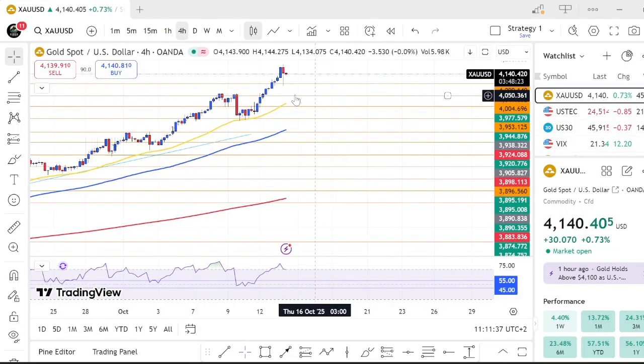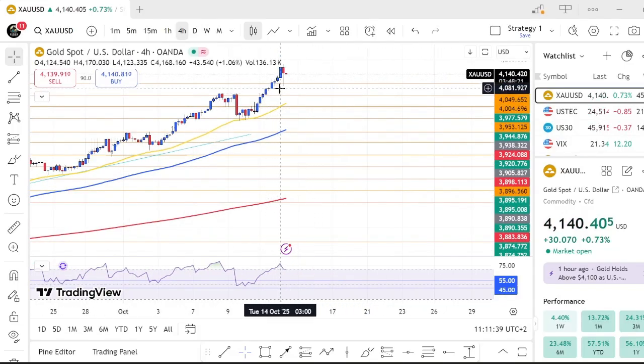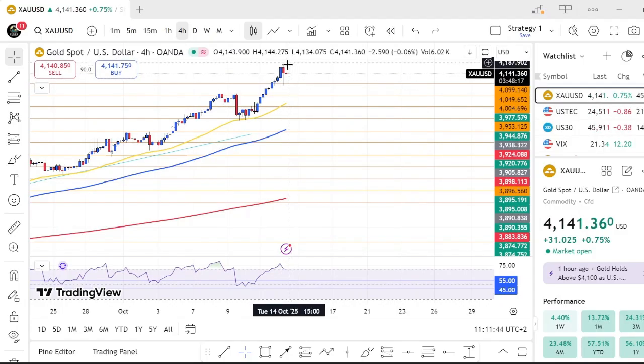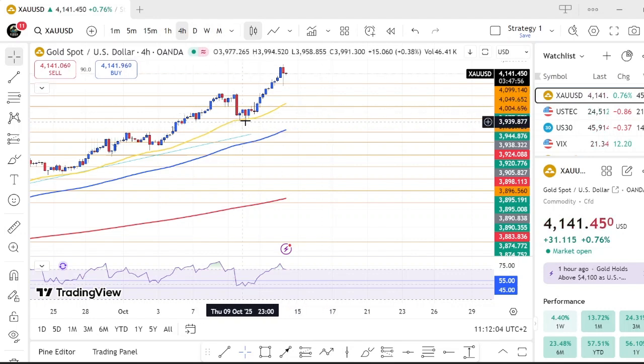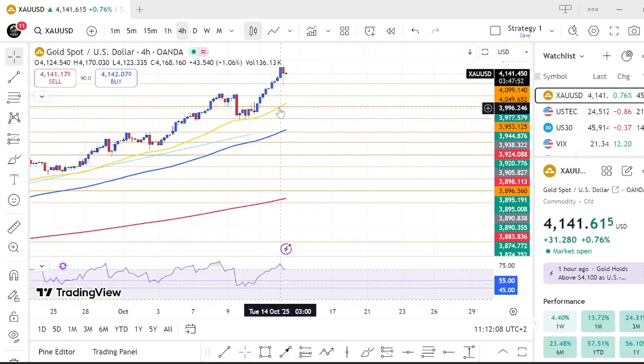Upon the 4 hour time frame, we can see that this morning we had strong moves to the upside during the beginning of the Asian session, before the correction during the latter part of the Asian session, which did create a strong wick rejection upon that 4,100 pivot level before the subsequent recovery. It does appear that there is some bearish tone stepping into this market, which is fueling sell-offs to some degree, but for the most part we can see that the bullish trend is still very much intact